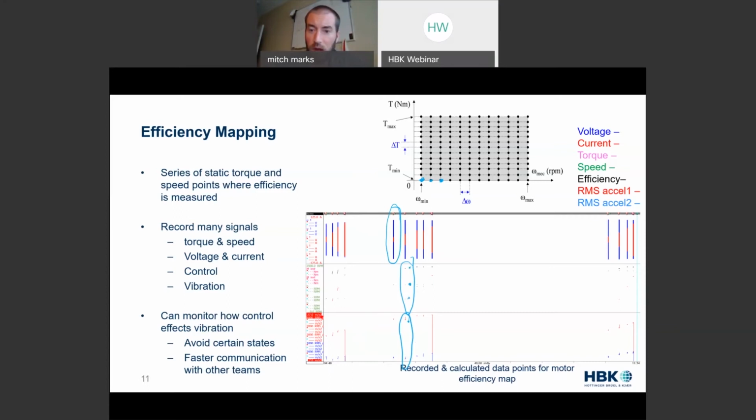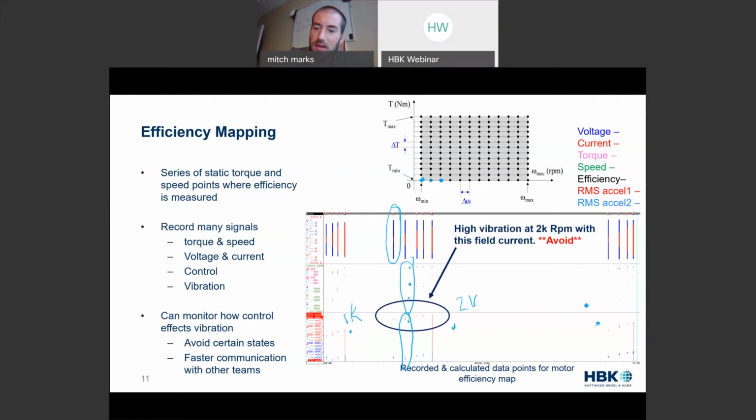And what we find is that, for a given speed torque combination, so I think this was 1,000 RPM, this was 2,000 RPM, and this was 3,000 RPM, 1K, 2K, 3K, with varying torques. So my torque is going up. We see that we have this really strong presence of vibration at 2K RPM for this given field current. And what this might tell us is,